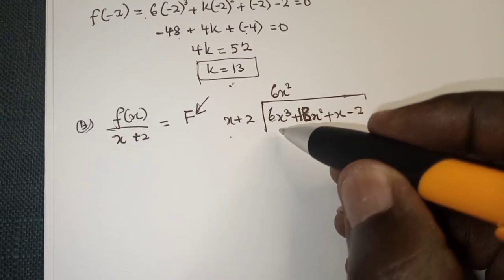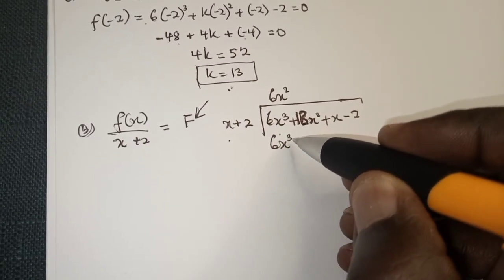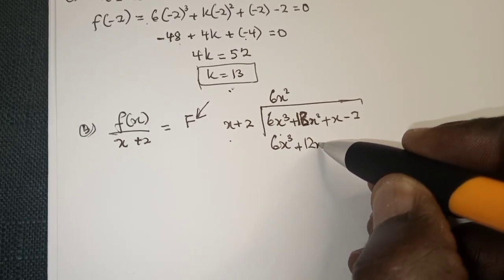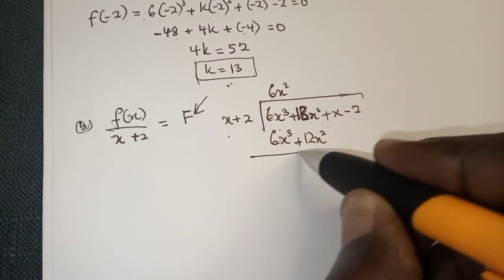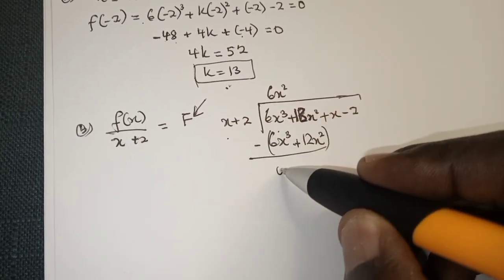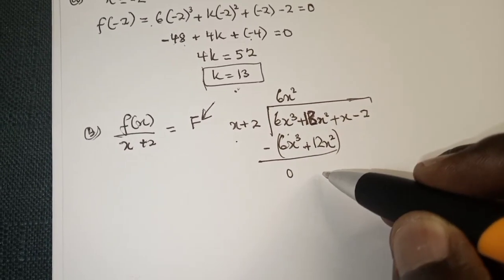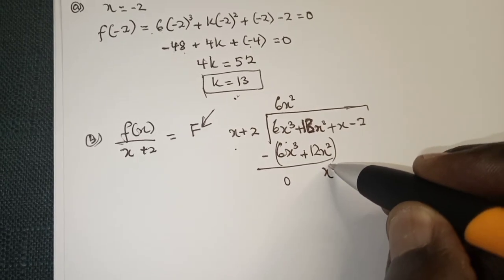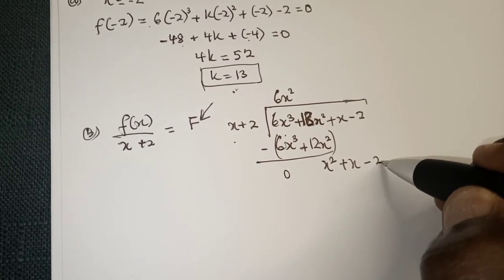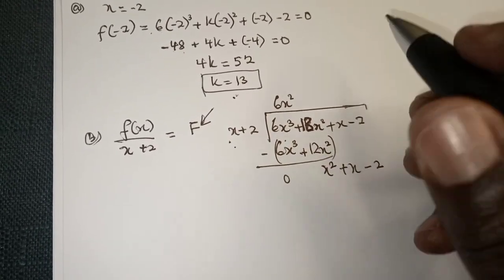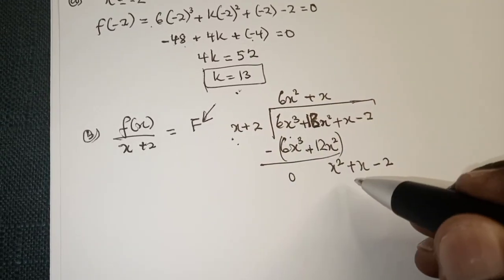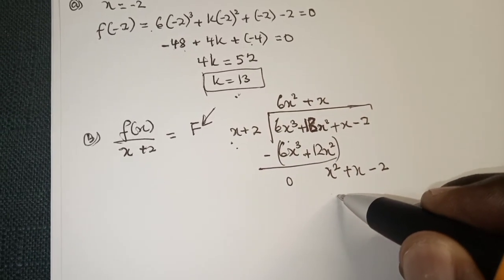multiply. So you have 6x cubed plus 12x squared, so we subtract, this will be 0, and here will be x squared. Bring this one down, so you have this minus 2, again the same thing, so you have plus x, so x times all this, so you have x